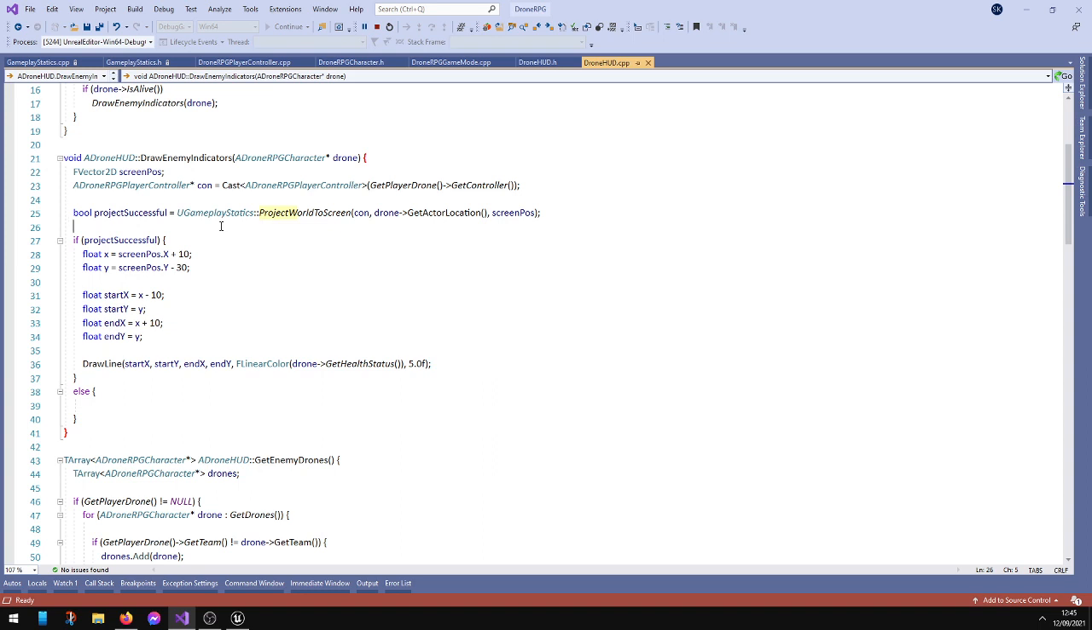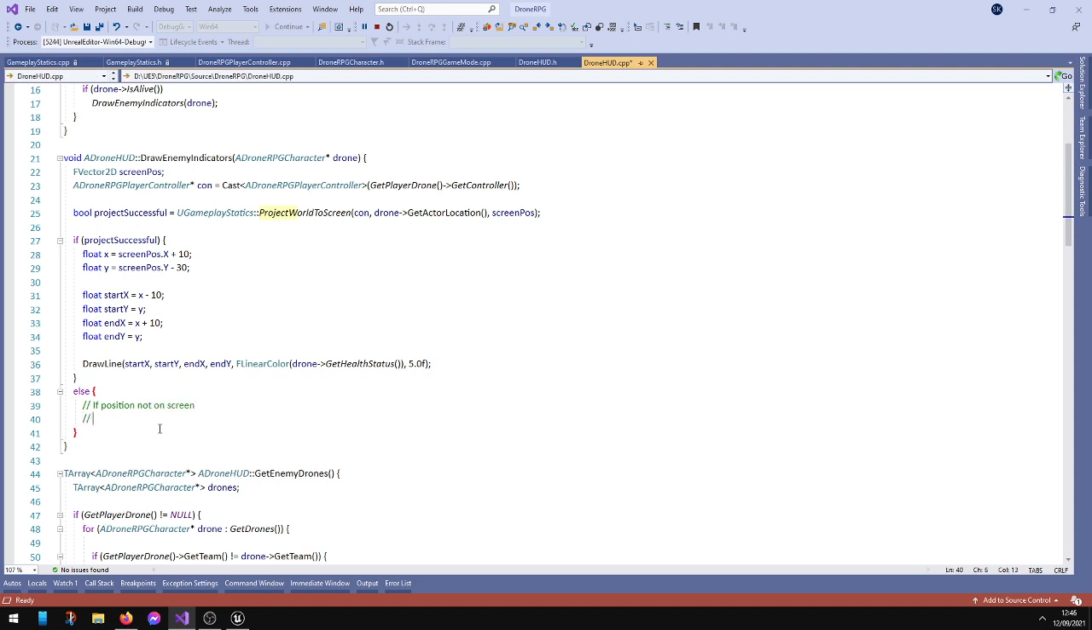Because we basically want something like: if position not on screen, clamp position to